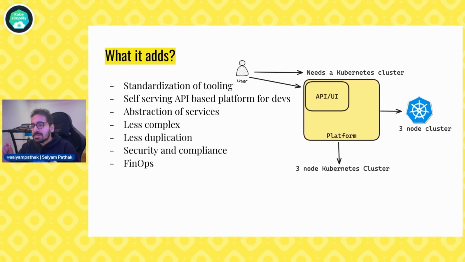So they just say, I need a database with X GB of RAM. That's it. They'll get a database with the credentials. That's pretty much it for the IDP that they'll get. Abstraction of services. They don't need to know what they are getting. They just specify, we need a database, we need a cluster, we need this, we need that.